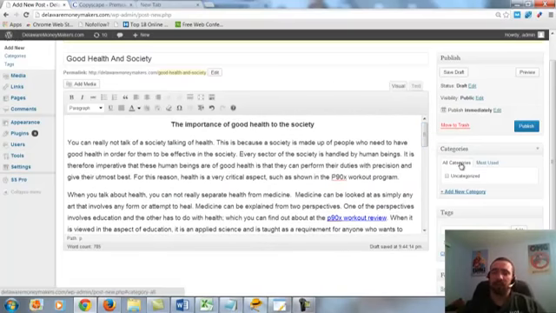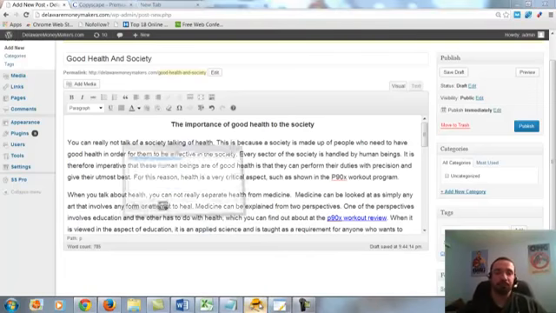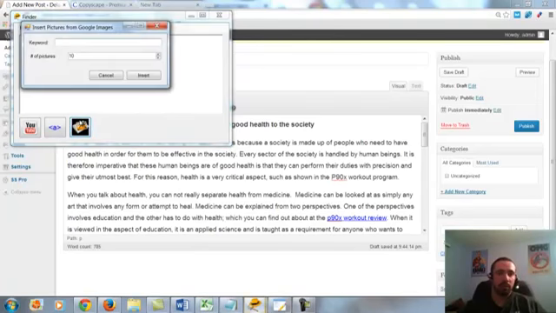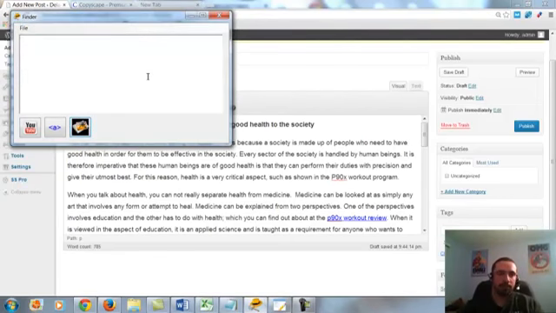Sometimes I'll add categories, sometimes I won't. Sometimes I'll add tags, sometimes I won't. Sometimes I'll add video, sometimes pictures, sometimes picture and video. In this case, I'm going to add picture and video for example. So let's delete this, and this is the Finder program which you guys have access to. Click on the picture, and I want a picture for weight loss. Insert.